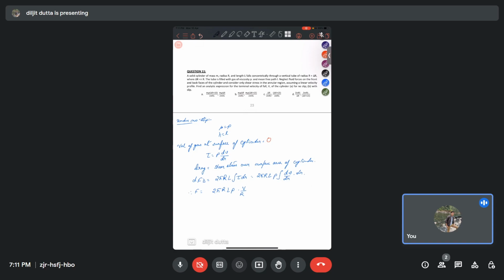So this is the diagram of a cylinder, and this is the layer of tube. So this is R and this is... So there is a fluid of shear stress. The velocity profile is linear. Okay. Now at this surface